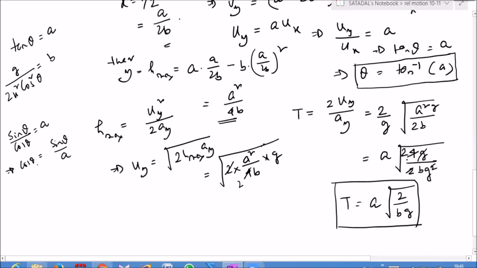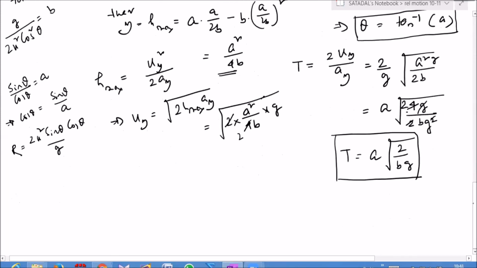Here, sir, I am only calculating the range here only, na? Let me do it first. Okay, sir. So R is equal to 2u square sine theta cos theta by G. Right. So that is 2u square. Acha, now come here. We will modify this result now. So G divided by 2u square, 1 cos theta I am keeping. 1 cos theta means sine theta by A. That is equal to B.